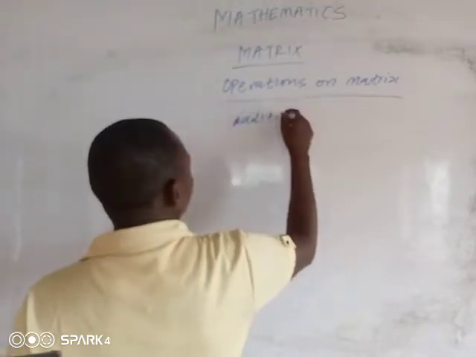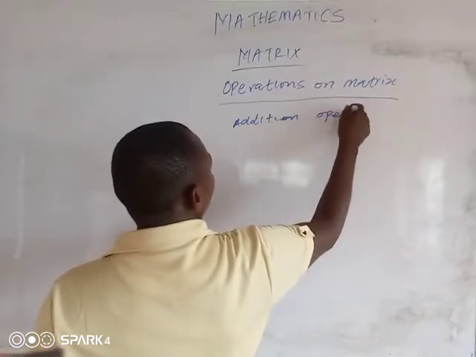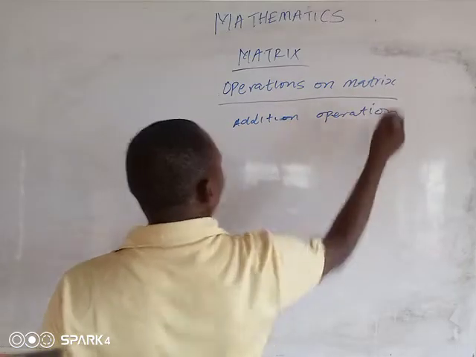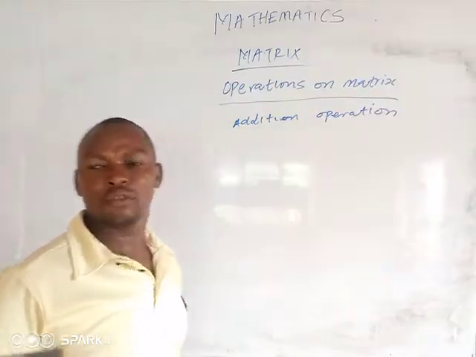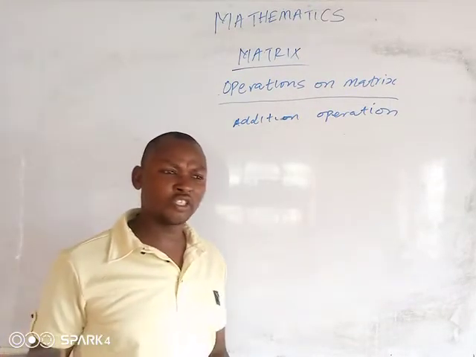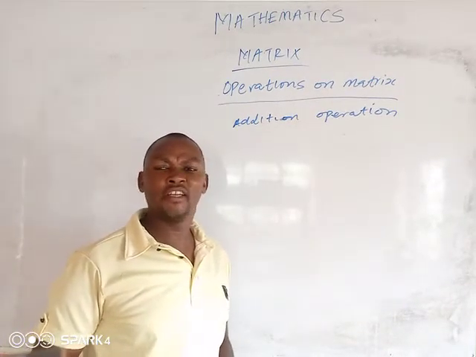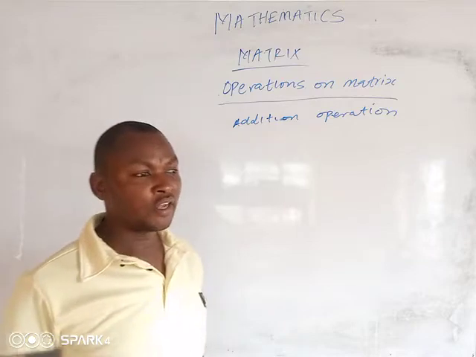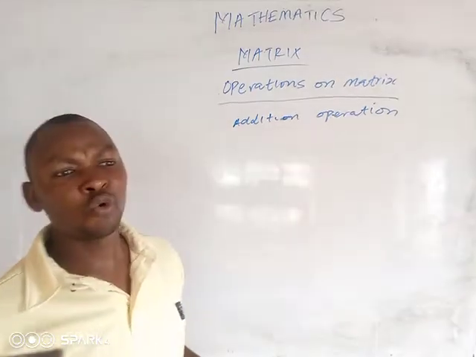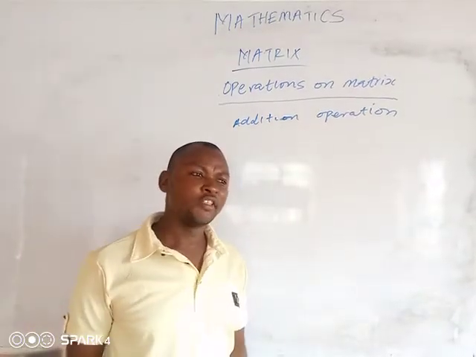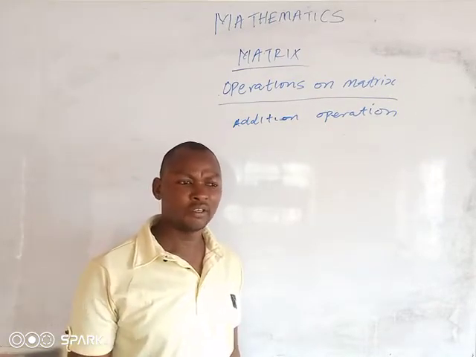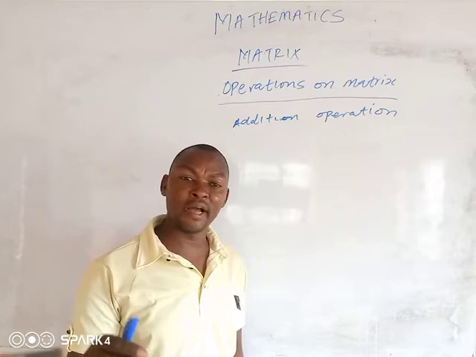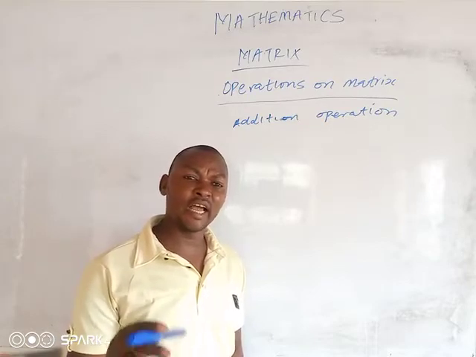Addition operation. When we are carrying out addition operation of matrix, we add the A11 of A to the A11 of B, the A12 of A to the A12 of B. I know you understand what I mean by A11. When I started, I gave you